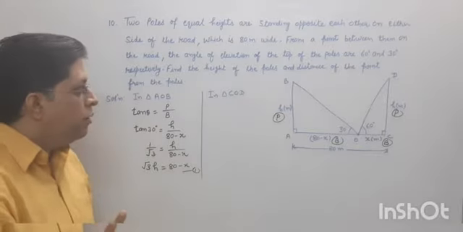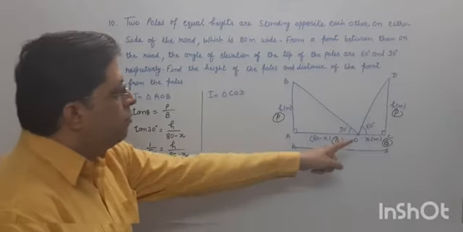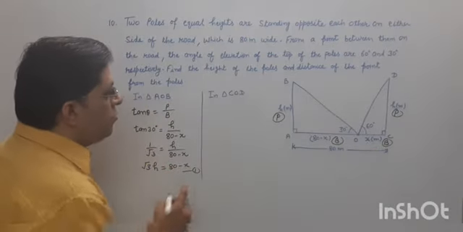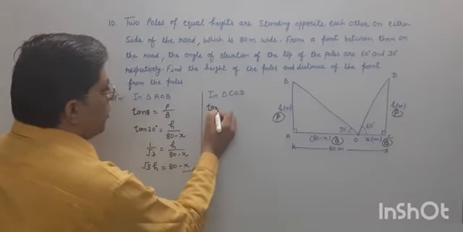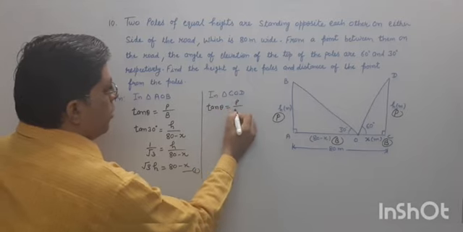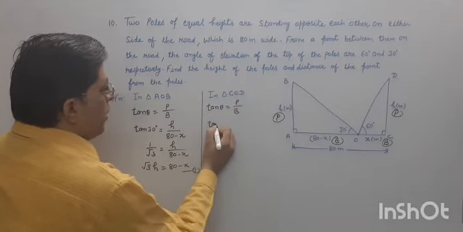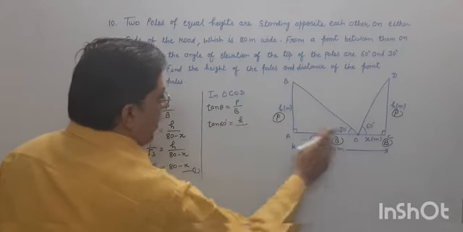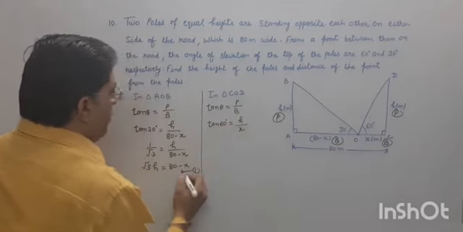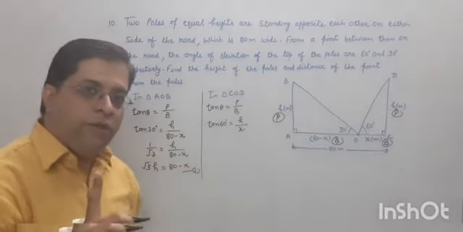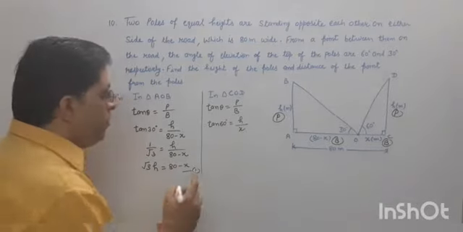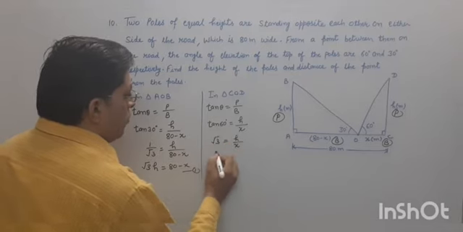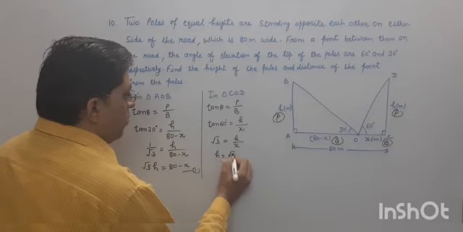Is it clear? Come on here. This is perpendicular upon base. Again, tan 60 degree in triangle COD. So tan theta is equal to perpendicular upon base. Then tan 60 degree is equal to H upon X. Okay, tan 60 is clearly root 3, that we know, by table we can write tan 60 is under root 3. Then what will be H? H is root 3 X.